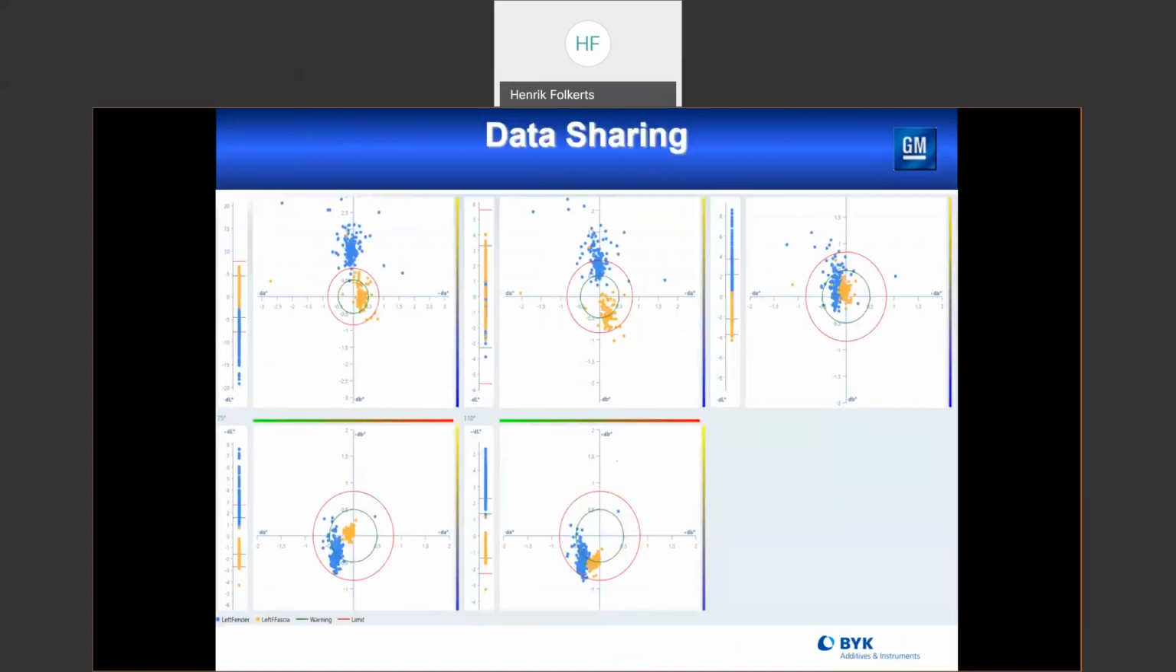So this is just kind of an example. Here you can see the fender is in the blue and the fascia is in the yellow. And on the 45, 75, and 110, I think I look pretty good. When I get to the 15 and the 25, I'm getting a little bit of separation between the body and